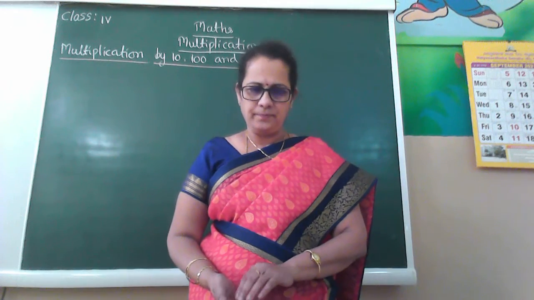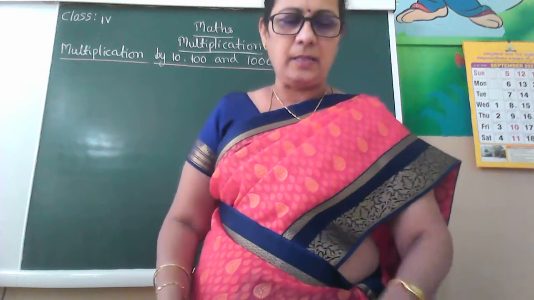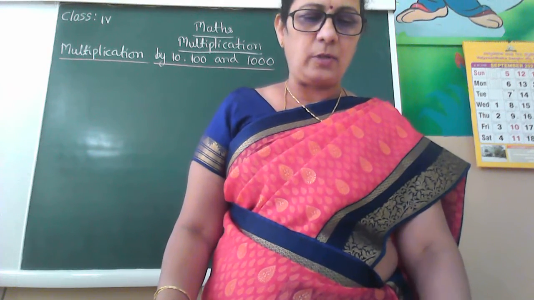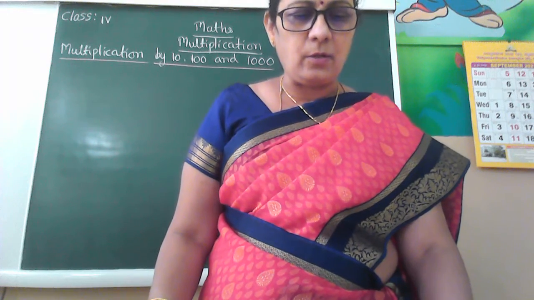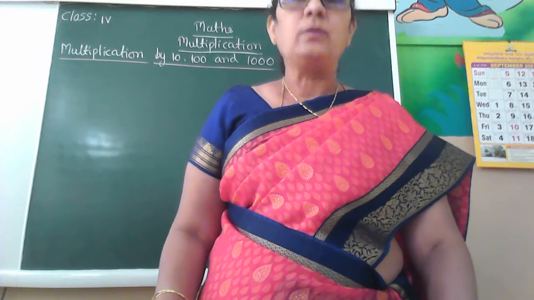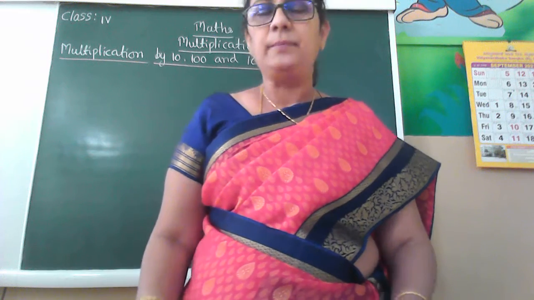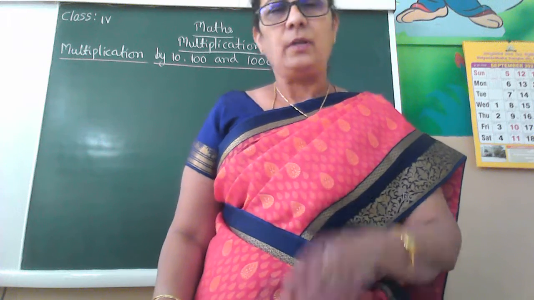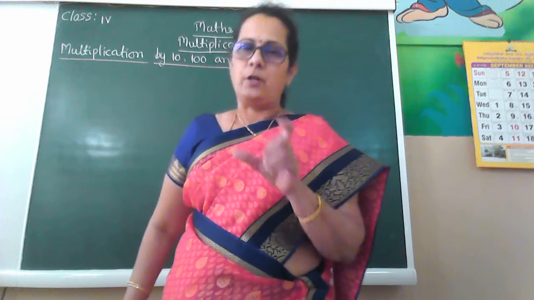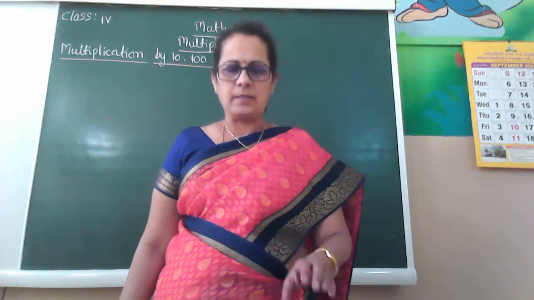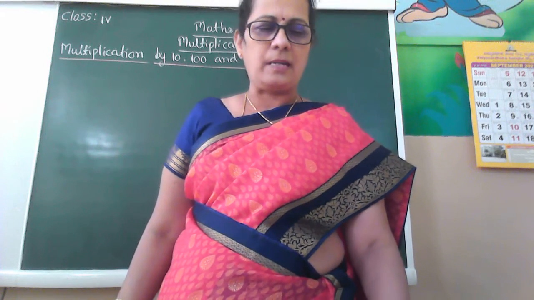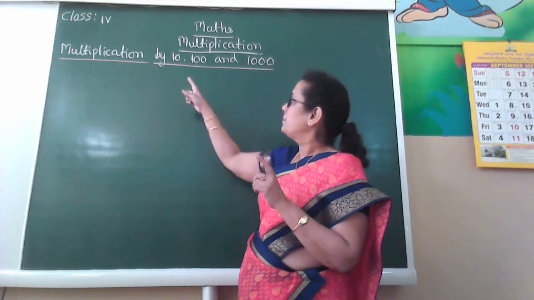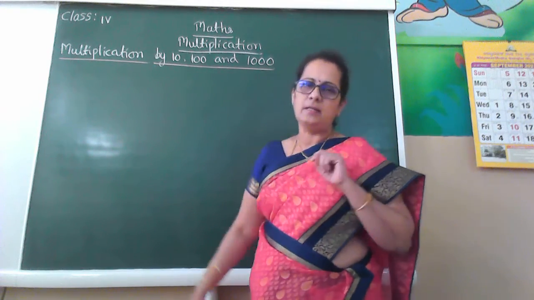Yes, good morning children. So in the previous class we learnt about the arrangement in vertical columns and also in horizontal rows and how to multiply those numbers. Even though we changed that pattern, we got the same product that we learnt in the previous class, isn't it? So today let us learn the multiplication of numbers by 10, 100 and 1000.